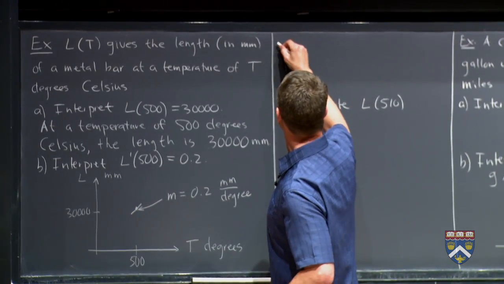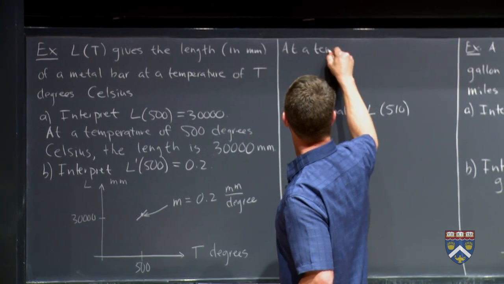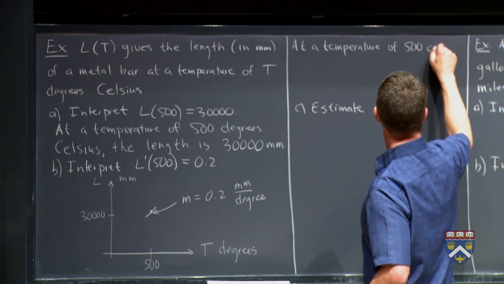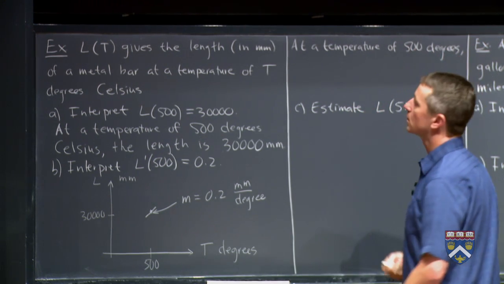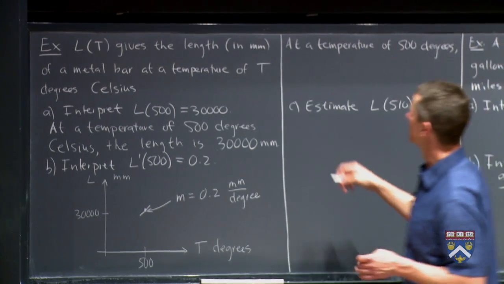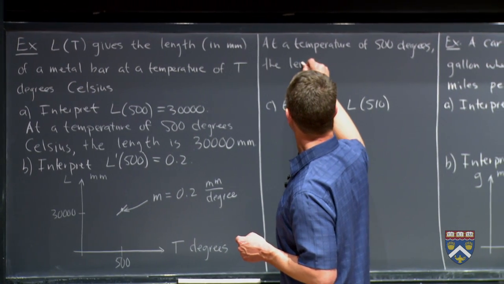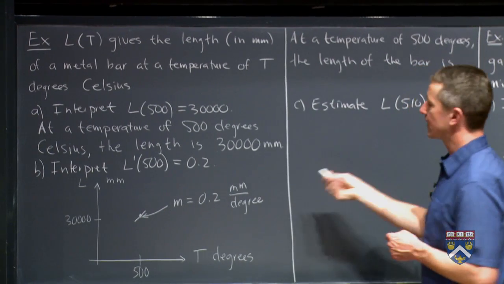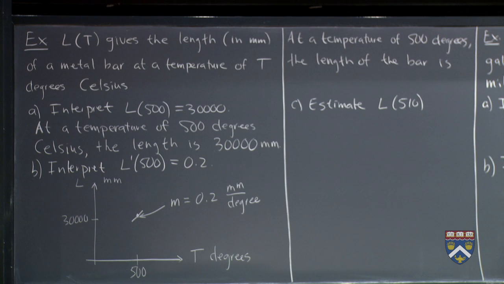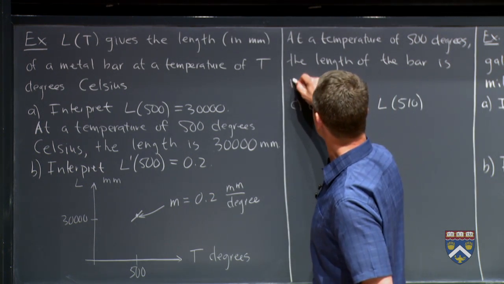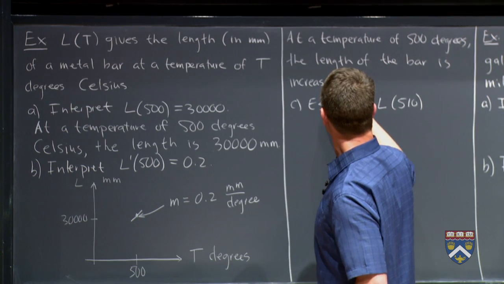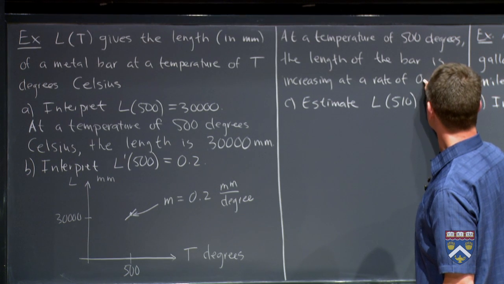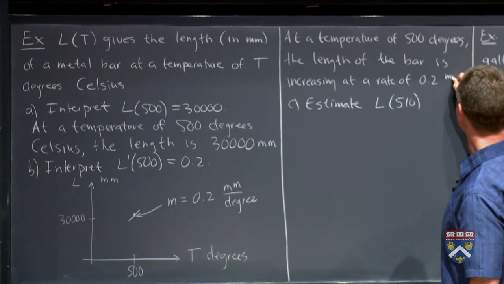So at a temperature of 500 degrees, what is happening to the length of the bar? Well, we've got a positive answer. That means that the length is increasing. So the length of the bar is increasing at a rate of what we just figured out, 0.2 millimeters per